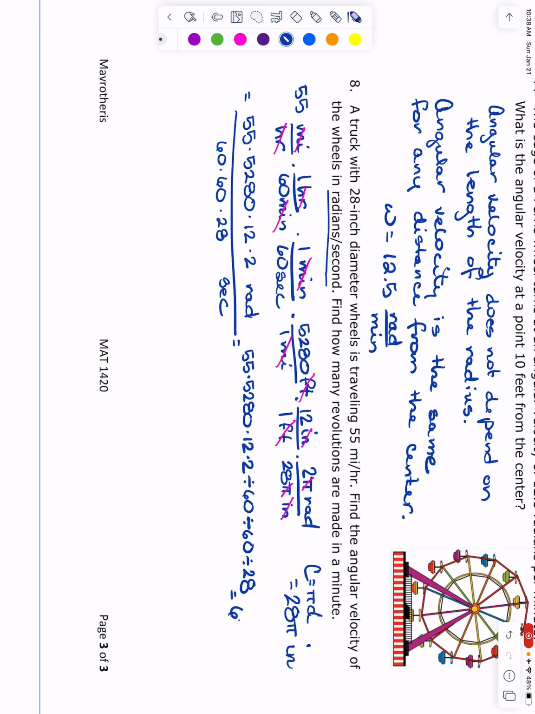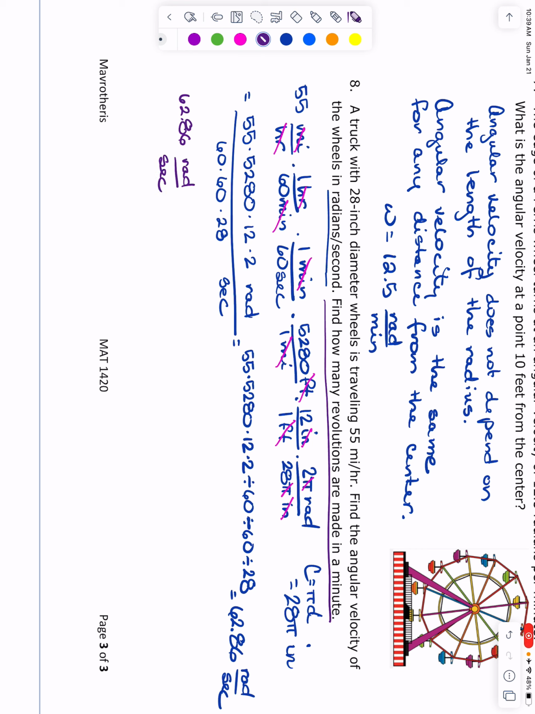I do this and I get 62.86. What do we have? Radians per second. There's our angular velocity. Okay. Now, we're asked for one more thing. How many revolutions are made in a minute? So I've got 62.86